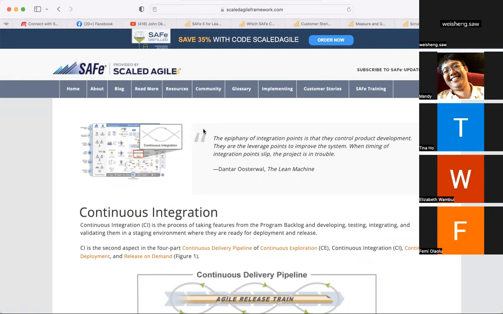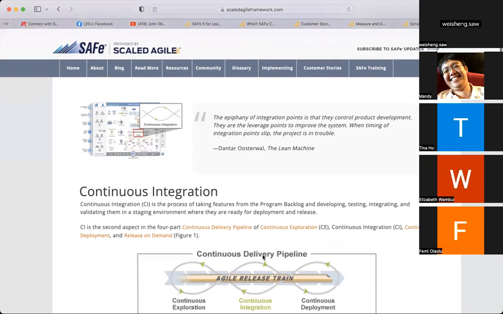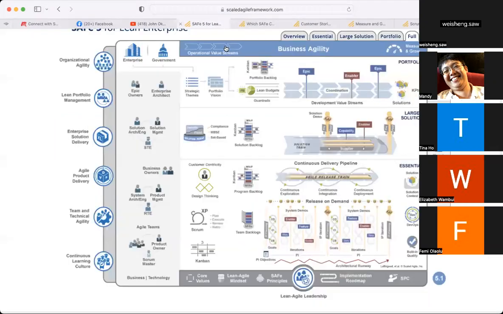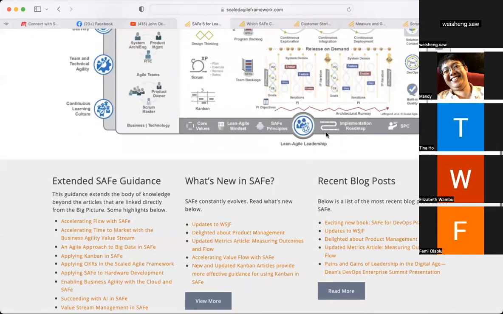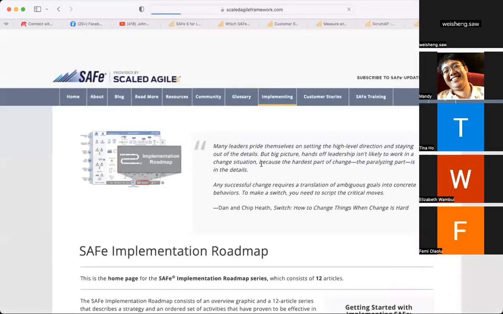Any other questions? Femi, I'm using a Scaled Agile approach. What are the things that a company needs to have in place? So there is actually a roadmap. Femi, if we take a look down here, you see this little roadmap at the bottom of the big picture. If I click on this roadmap,